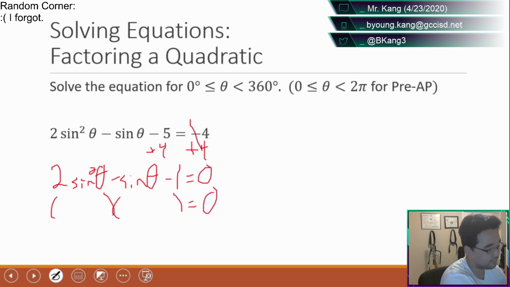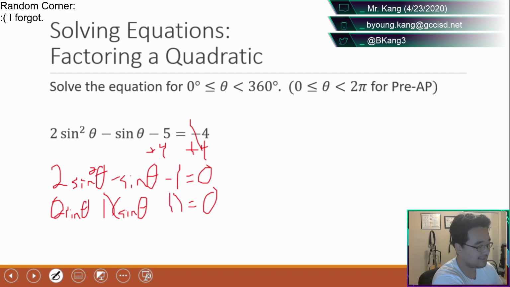This is going to factor into 2 separate things. So I know one of them will be 2 sine. I know one of them will be 1 sine. I know the numbers are going to be 1 because it's 1 times 1 equals 1. That's the only thing that works. And it's negative, so one of them has to be negative, one of them has to be positive. So I'm going to put the negative over here and the positive over here, because that way my FOIL gets a sum of a negative 1 on the inside.